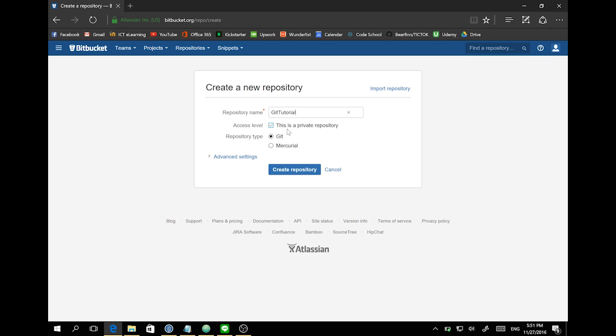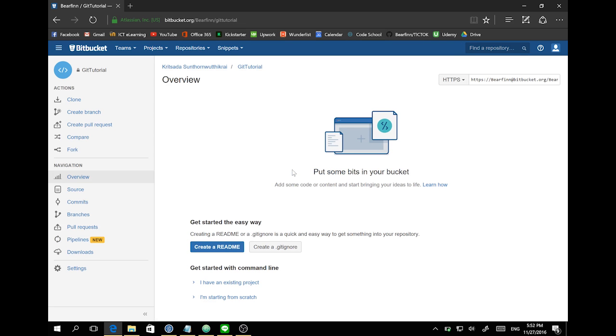And this is a private repository, so no one can access it without our allowance. The repository is Git, of course, and we don't bother with the advanced settings for now, and create a new one. Now we have a new repository online, which is called Git tutorial, and now we try to publish our changes